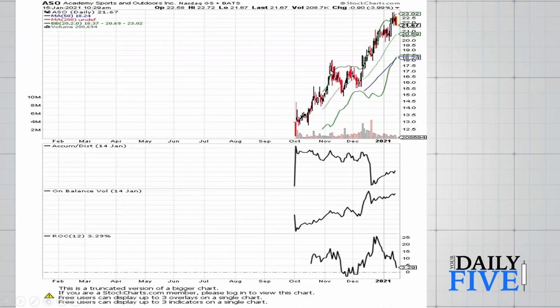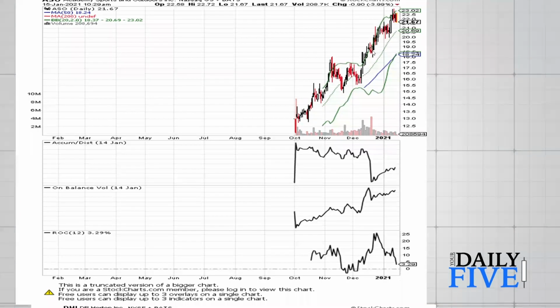Every time ASO drops to the 20-day moving average, the dip buyers come right in and the stock moves higher. It looks to me as if the market is betting that this dynamic about outdoor activities is going to continue. And this stock just looks to be strong, and it looks like it could be in a very long-term uptrend. Of course, if it drops below that 50-day moving average, you may want to change your mind. But for now, as long as it stays above the 20 and the 50, you can always use that dip to buy into it.